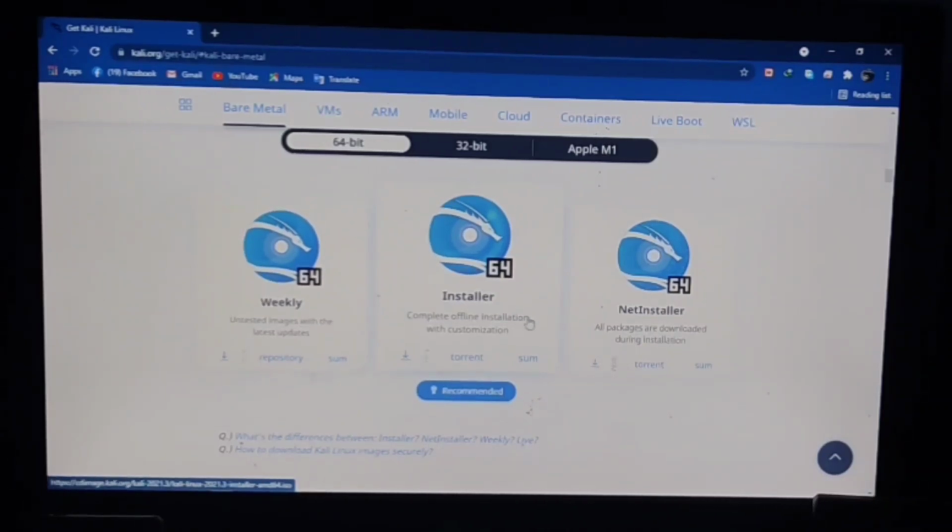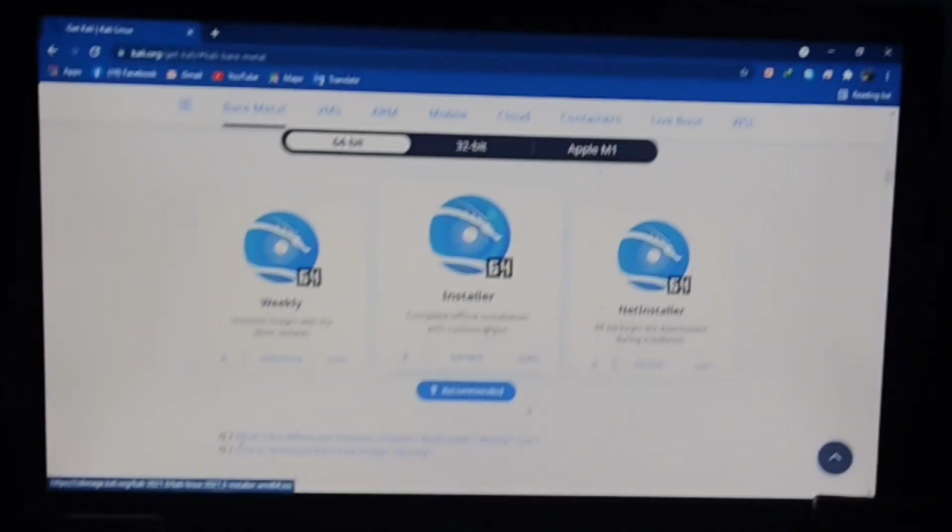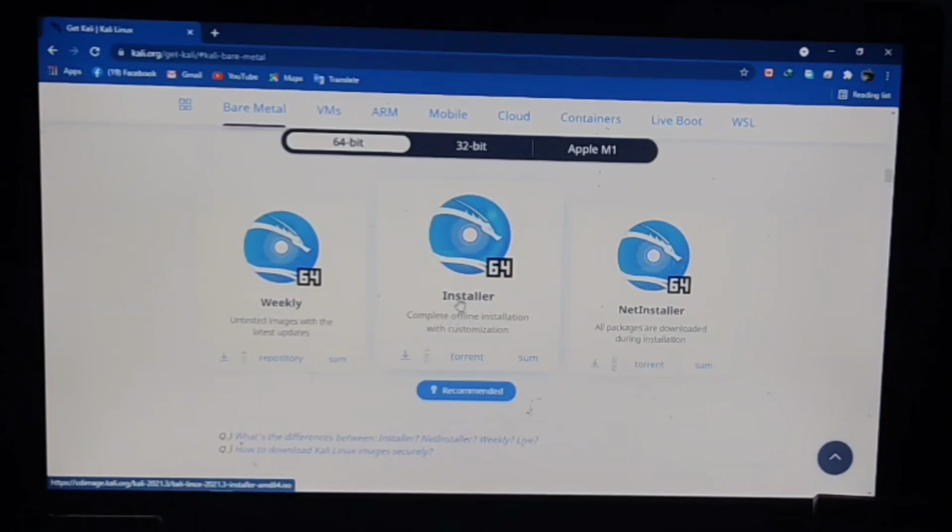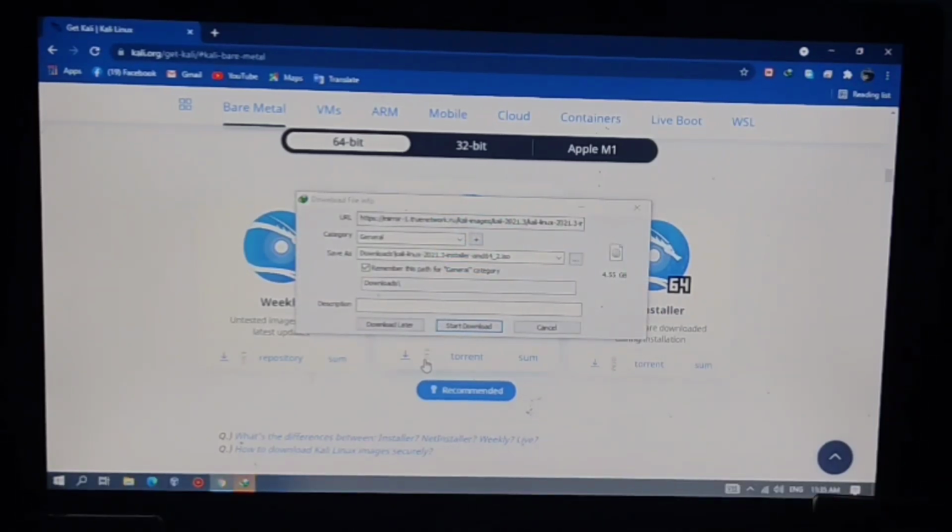64-bit has weekly, installer, and net installer. I choose the net installer. Click that. You can download from torrent or directly. I choose direct. A pop-up of your download manager appears and you select start download.